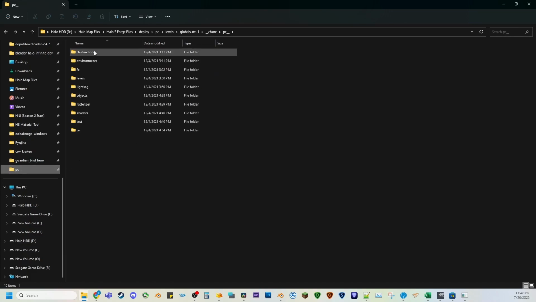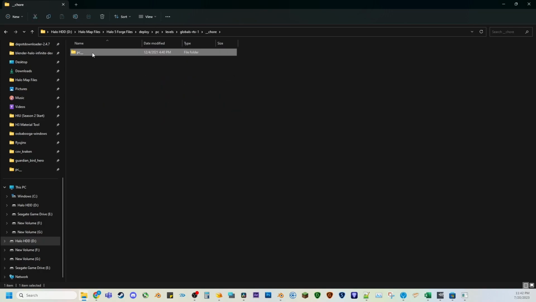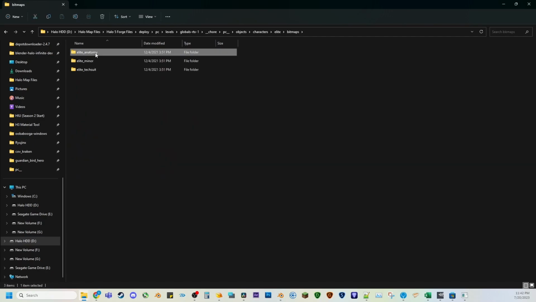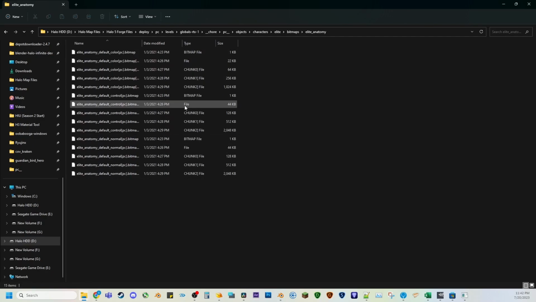Okay, it'll look very similar to this, where you go to PC, go to this. There's more in here. There's objects. There's characters. There's elite anatomy textures, but there's no model for the elite in the Halo 5 Forge, at least not in the live one. There's dead ones, but